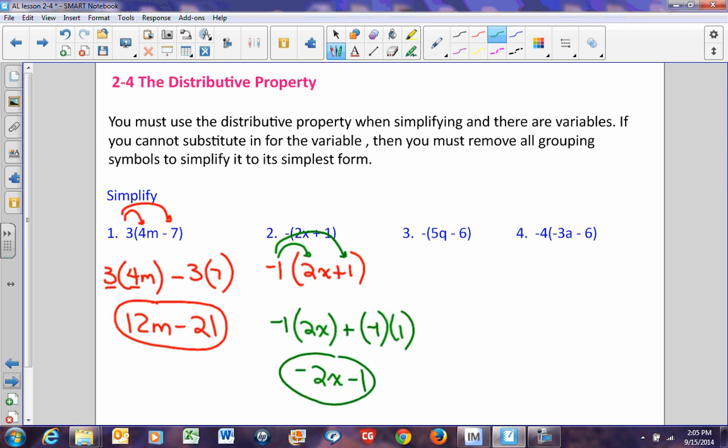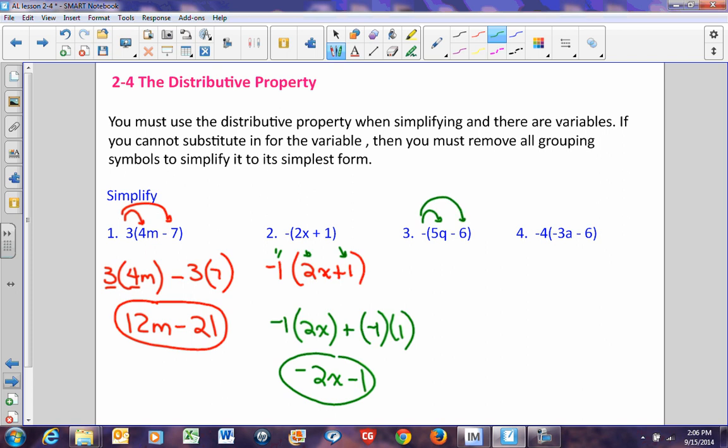Notice that by the negative sign being on the outside, it just changes everything inside the parentheses to its opposite. Originally, we had 2x plus 1 inside the parentheses. Now, when you distribute that negative, the 2x becomes negative 2x, and the 1 becomes negative 1. So when you have a negative on the outside of a parenthesis, it's basically telling you to make everything inside